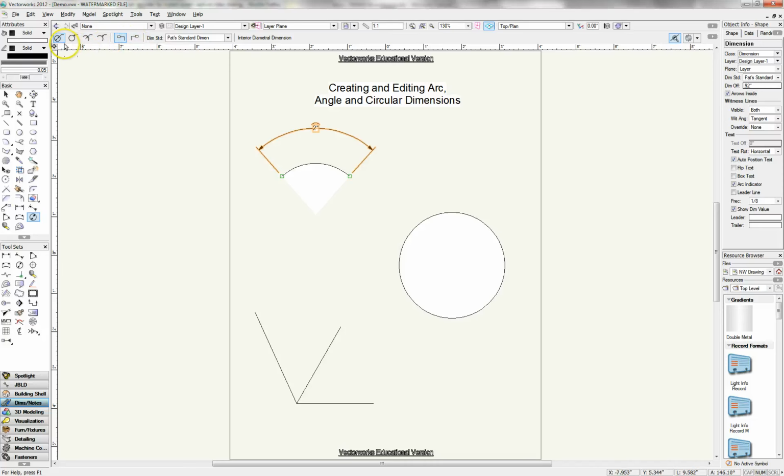So let's try all four of the modes. First off, we're going to try the internal diametrical, and we click once on the circle, then we click inside of the circle, and here's our diameter. It is 2 3/4 inches. Now let's try the external diametrical,